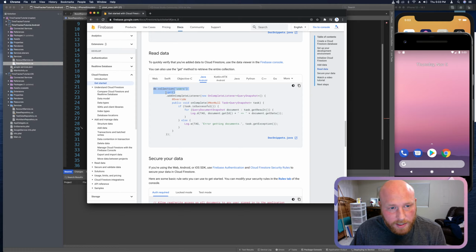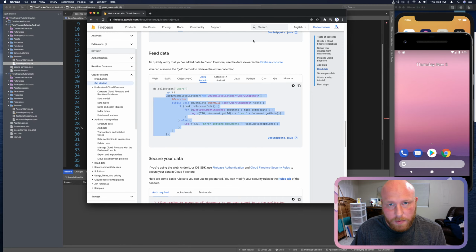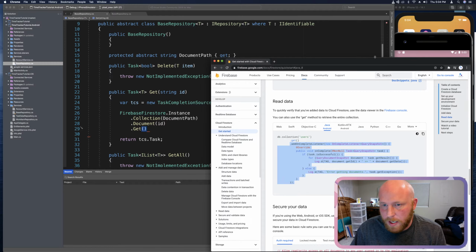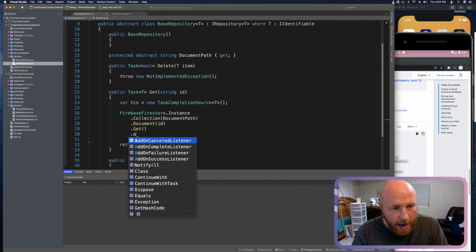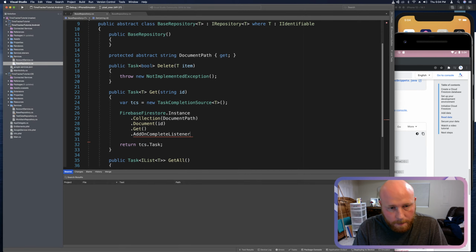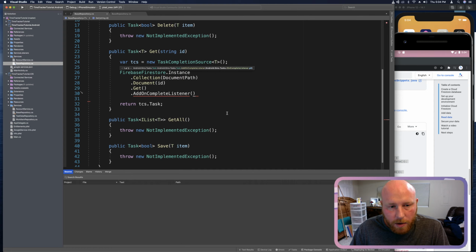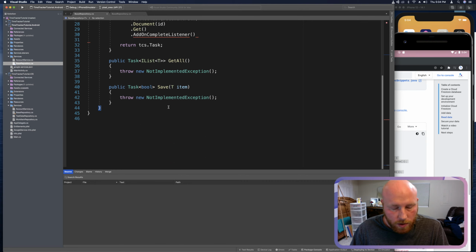Anyway, .get, and then what we need to do is add an onCompleteListener. So that'll be that extra class that we need to make. So I'll put this down here. So anyway, we have .get, and then we need to add this onCompleteListener. Now we don't have an onCompleteListener yet, so we need to make one. And this onCompleteListener is going to implement this onCompleteListener. So just at the bottom of our class for now,